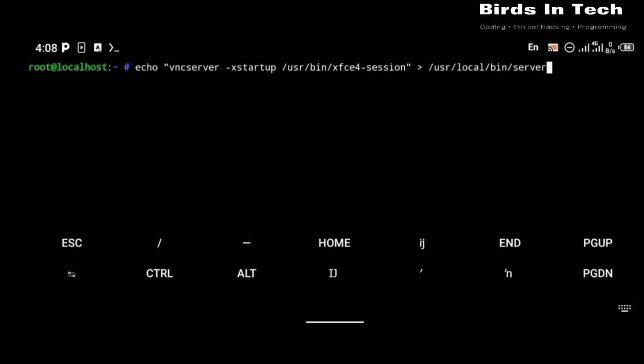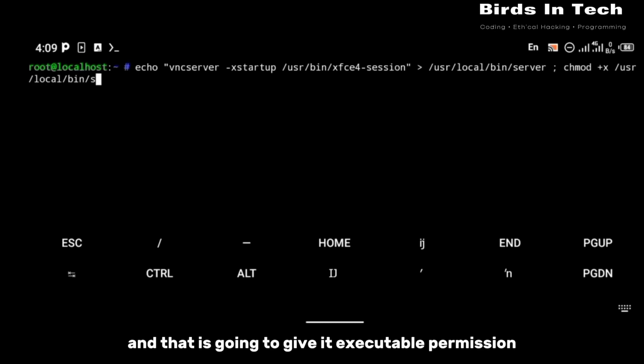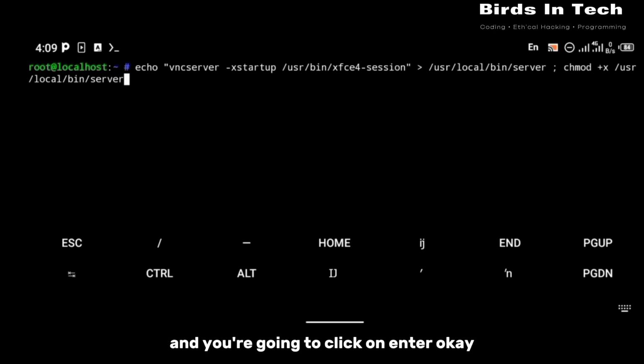Okay, and then we're going to give the command executable permission also, so that it can execute when we enter it. So you're going to do that with the chmod +x command, and that is going to give it executable permission. So you're going to enter this command and you're going to click on enter. Okay,